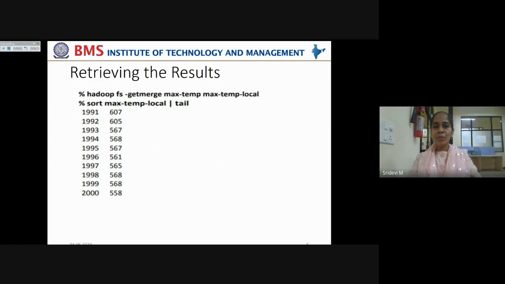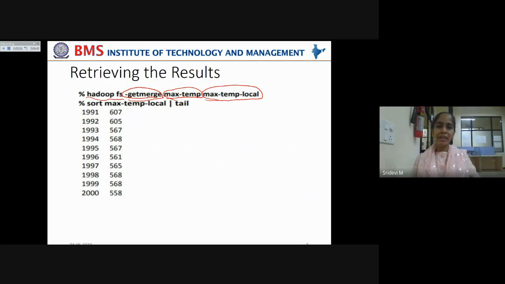So how does this output actually look when you give Hadoop FS getmerge? This is the command you use to merge all the reduce outputs. You are taking it from the max temp directory and storing it onto your local machine in this file.